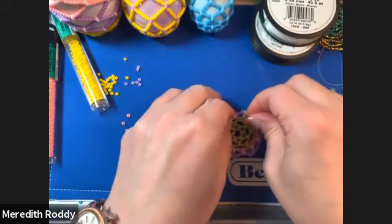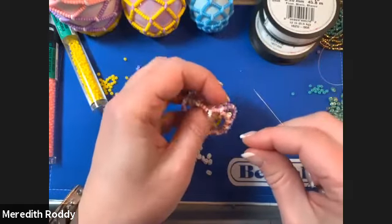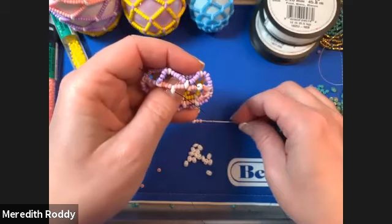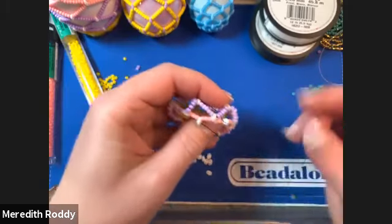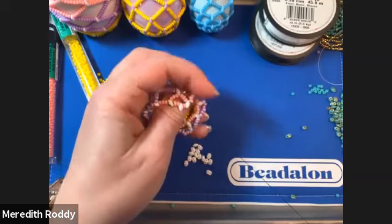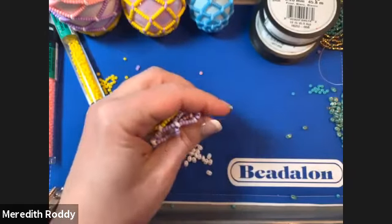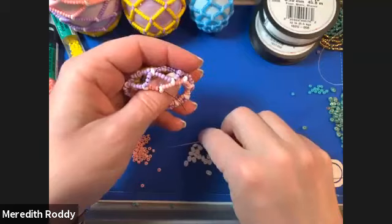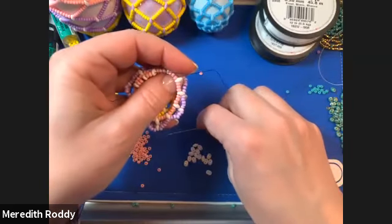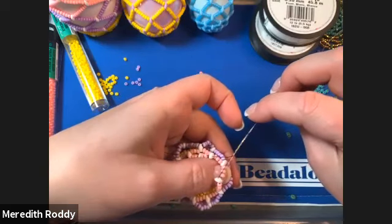Anything that is egg shaped would work, right? I'm sure that in the decor section, you might be able to find something that's pre-made that you can repurpose and bead around. So now what I'm doing, I did the 3. Now I'm just going down to 2, so let's actually add 2, right? Instead of 2 and 1. We're going to do a round of 2 and then pull everything together, and then we will be on our way. So hopefully if you have made a little bit of the project along with me,